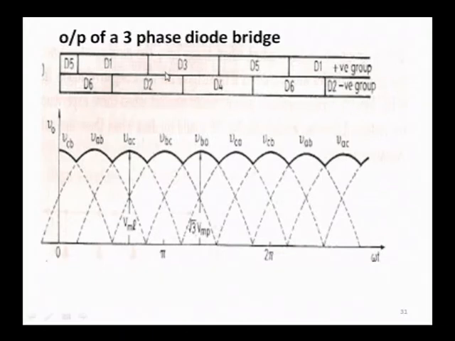So this is D1, D3 and D5 and D2, D4, D6, and you can see it is the output rectifier. Fine, the output waveform is like this. Okay. So you can see this VAB, VAC, VBC, VBA. You observe one more thing here: A comes twice, AB, AC, BC, BA, CA, CB. So like this you have to remember writing the conduction periods.